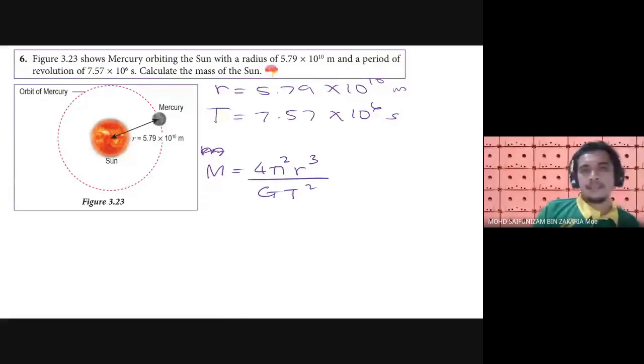Okay, and then we substitute 4 pi squared, R equal to 7.57 times 10 to the power of 6, power of 3, divided by 6.67 times 10 to the power of 11, times